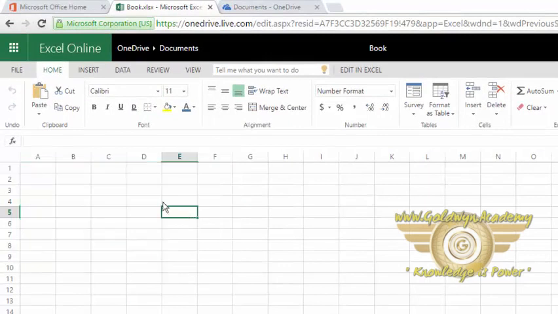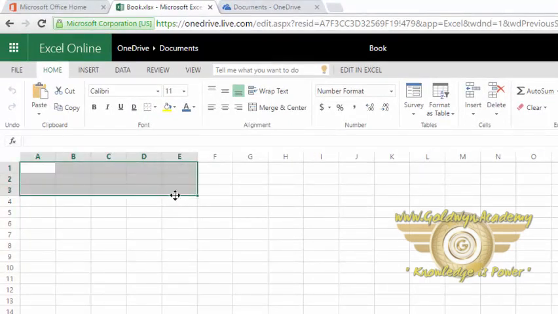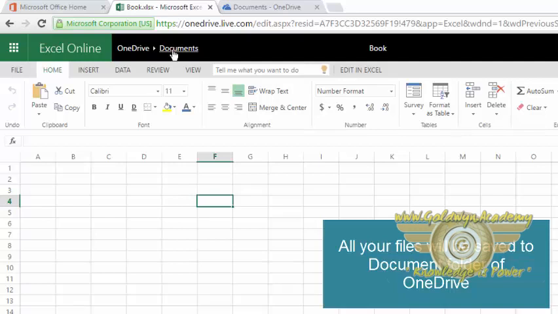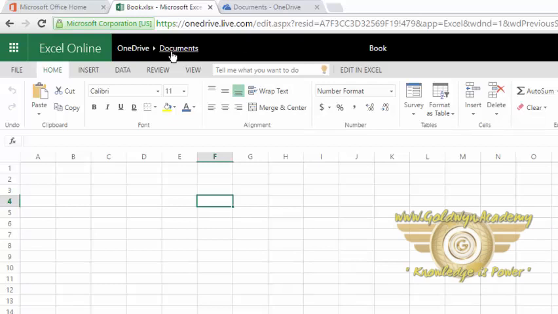But before we start working on it, let's see some important things: where this file is being saved. If you know OneDrive, there is a folder in OneDrive called Documents. All the files which you have created in the online Office suite will be saved to this Documents folder of OneDrive. To see this folder, click on this Documents folder